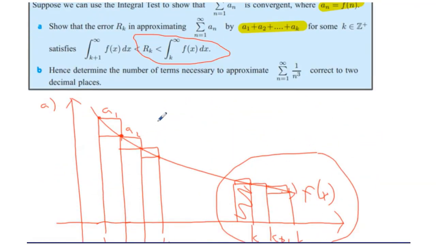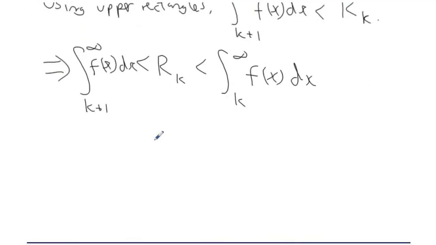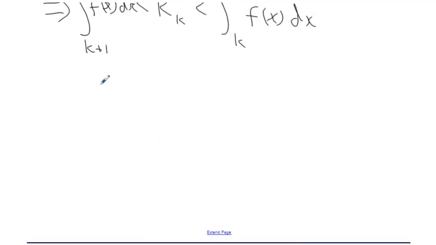Right, it's part B. Hence, we're going to use this result that we've been given and that we've shown. Hence, determine the number of terms necessary to approximate the sum from n equals 1 to infinity of 1 over n cubed, correct to 2 decimal places. Okay, so part B, we want it correct to 2 decimal places, which is correct